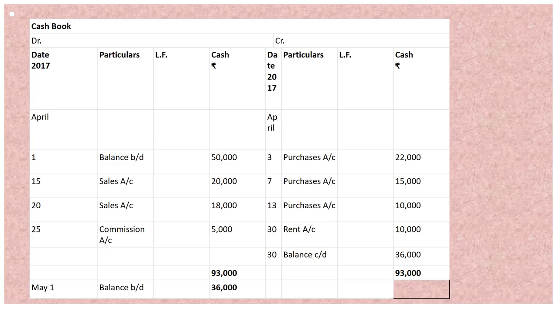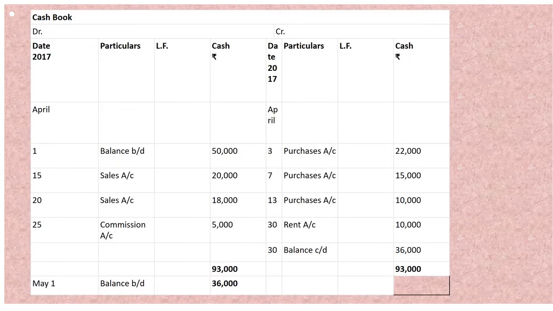So now we will balance both the sides. It is our debit side and credit side. So we are lacking rupees 36,000 in our credit side. So we will write the amount 36,000 by balance c/d on the last date of that particular month, that will be April 30th. And on the next day, May 1st, it will be considered as to balance brought down, that will be 36,000. Fine. So finally the total of both the sides will be 93,000, 93,000, and 36,000 will be considered as balance carried down, which will be brought down on the very first day of the next month. Fine.